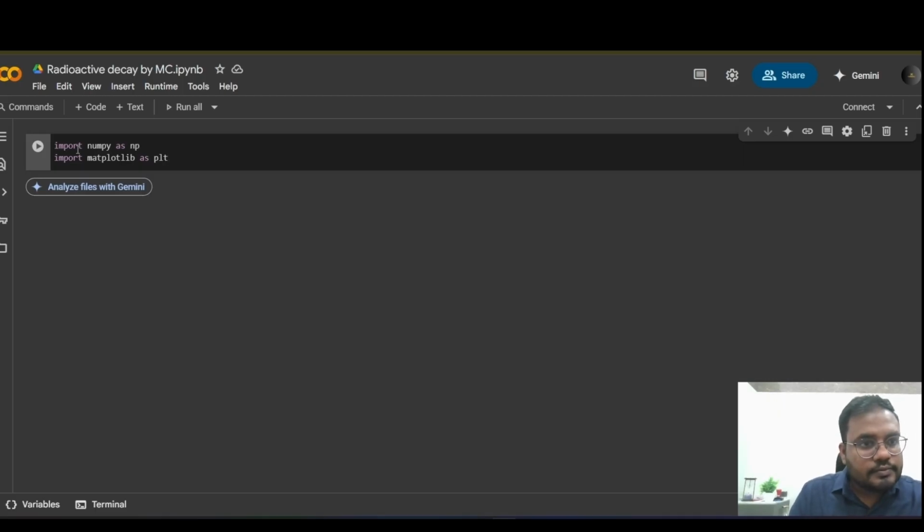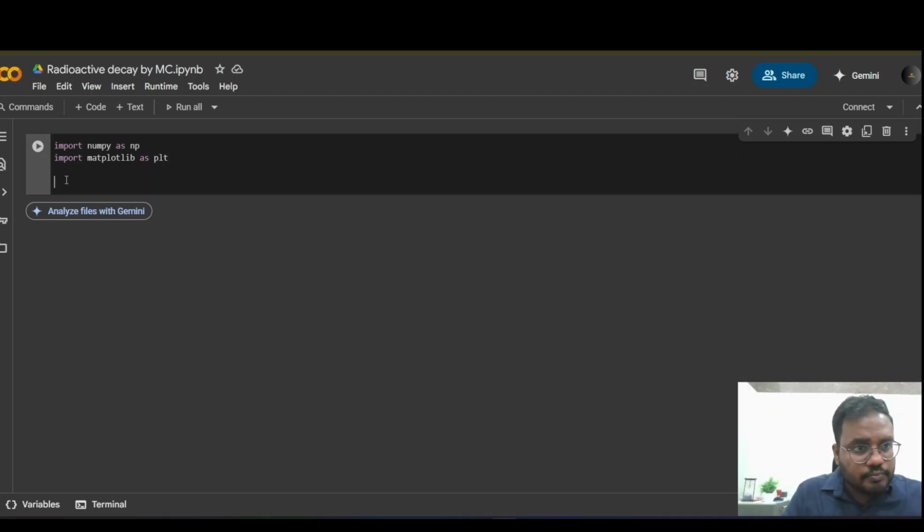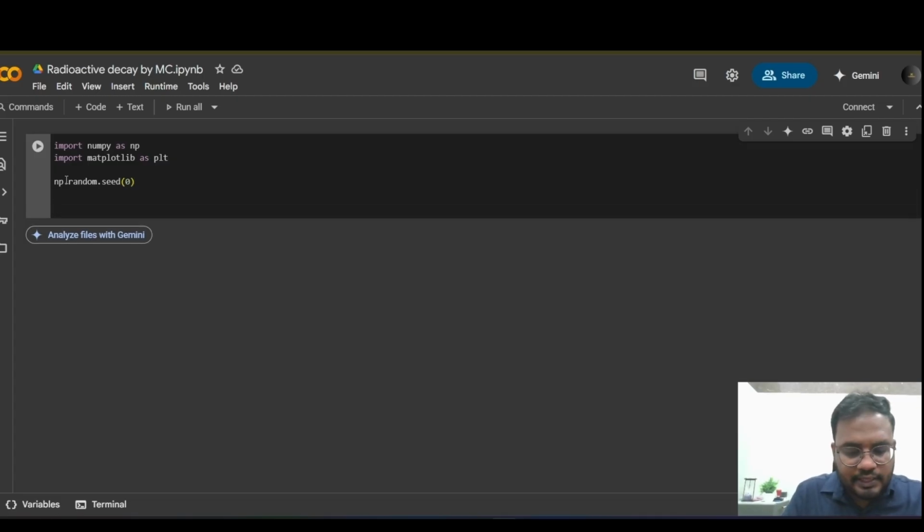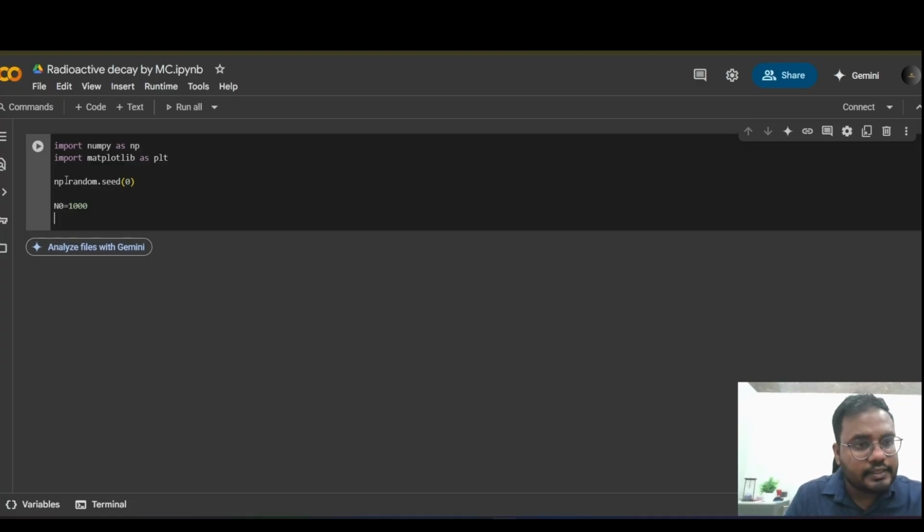Now first we will put a random seed: np.random.seed(0) for reproducibility. Then put initial parameters, for example N0 equal to 1000, let's say 1000 initial number of radioactive particles.